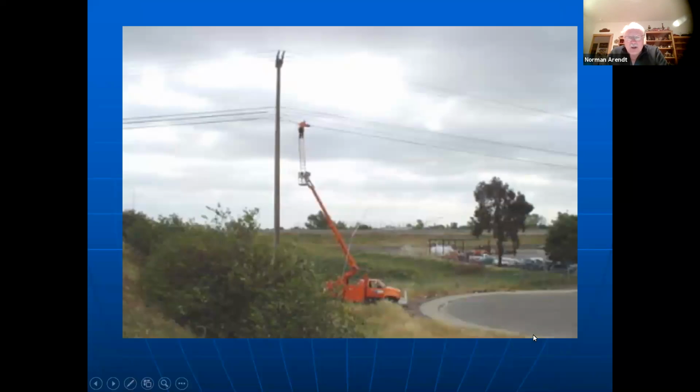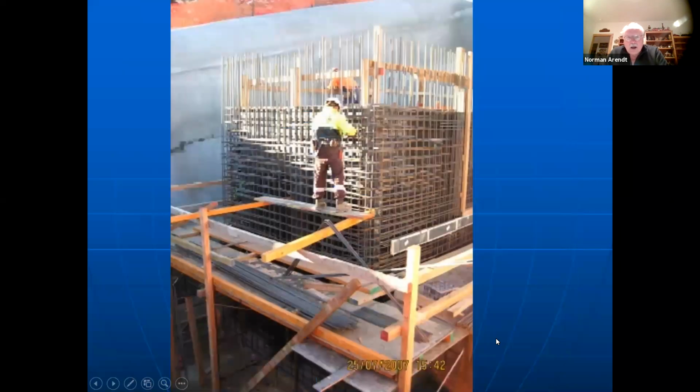We also see a lot of things like this where improper equipment is used, whether it's electrical engineering or mechanical engineering or what have you. This is just a disaster waiting to happen. If we talk about scaffolding and cribs on piers for bridges, what is this contraption here? And why do they need it? Can they build this cage out on the ground and then lift it and put it into place rather than having to frame it up inside where the formwork would be?